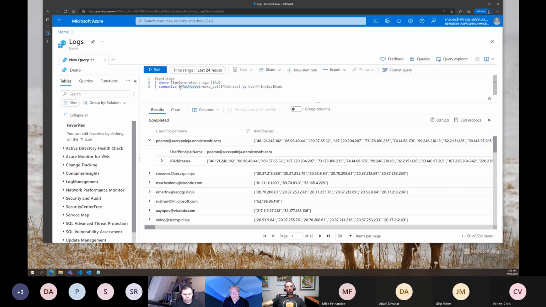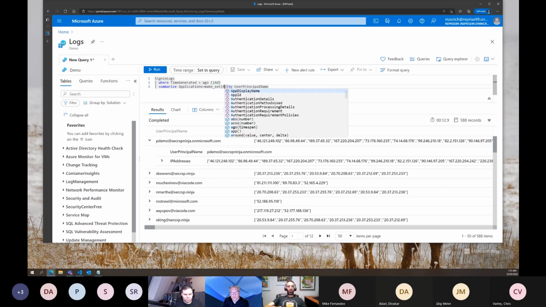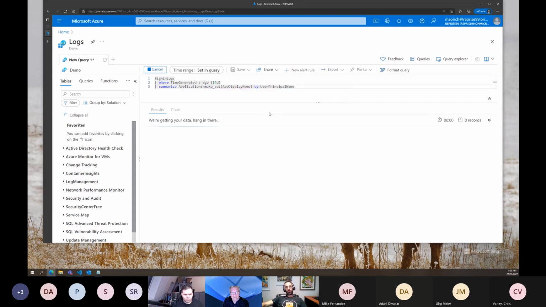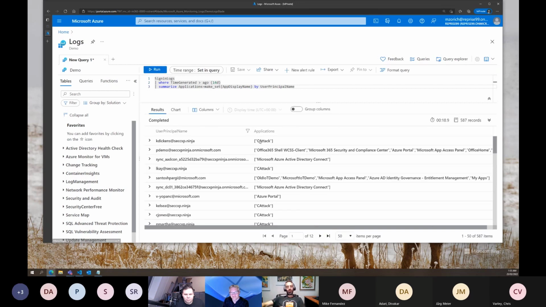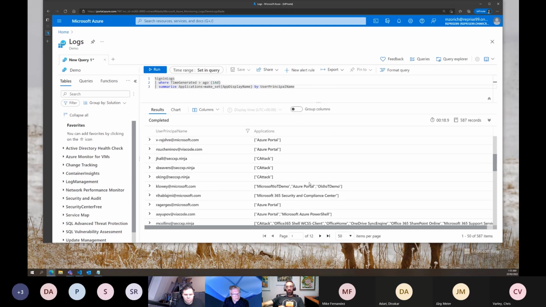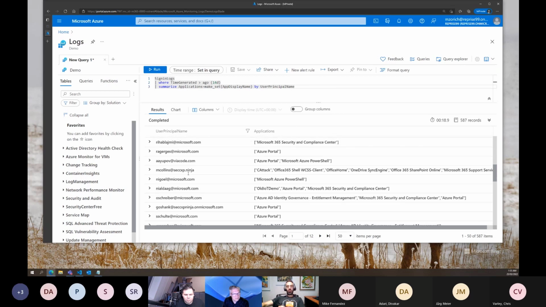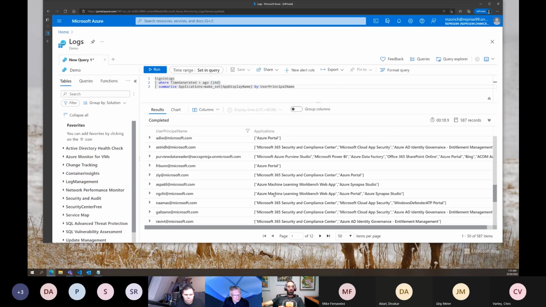And you can do all kinds of different sets. So if you're interested in what applications, you can make a set of this. This time it's going to bring us back a list of all the applications that each user has accessed. That might be interesting to you as well, if you've got people just clicking around and trying to access things, looking at stuff they shouldn't be allowed to. So you can see here you've got 587 different users,